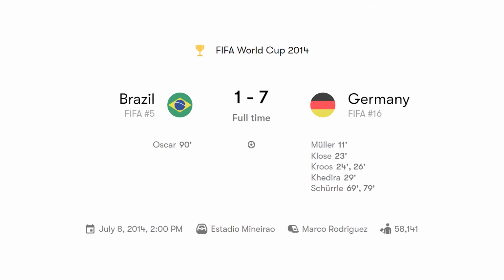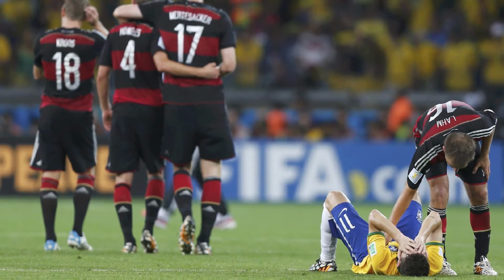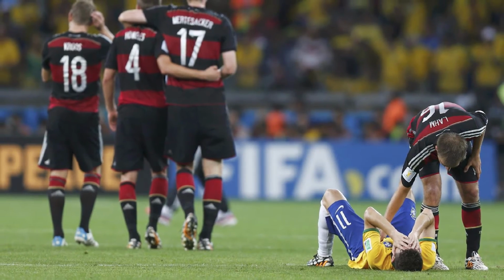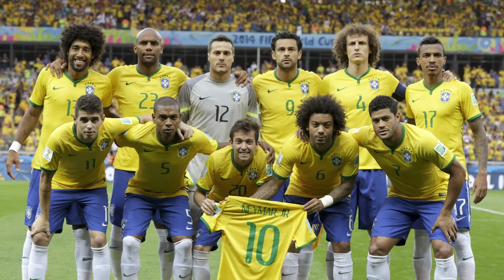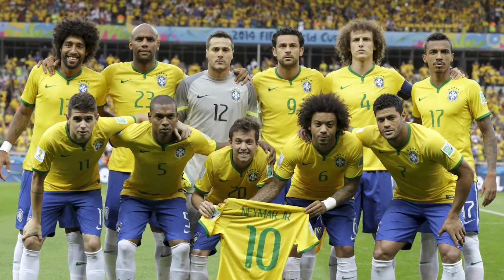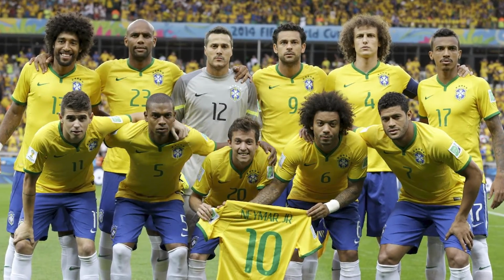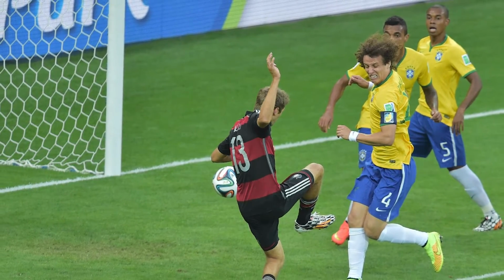Brazil 1, Germany 7. A historic game that will be talked about for many years to come produced a scoreline that no one could have possibly predicted. With Neymar out due to injury and Thiago Silva suspended, Brazil went into this match with a few changes to their lineup. Muller would be the first on the score sheet, but that was only the beginning of the end for